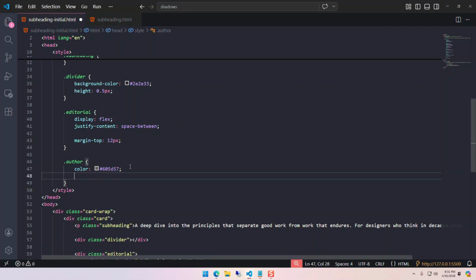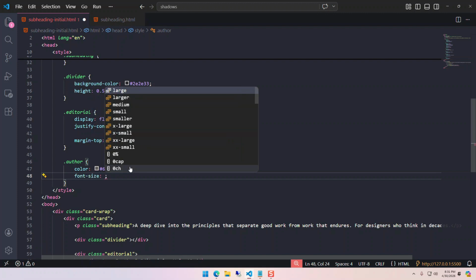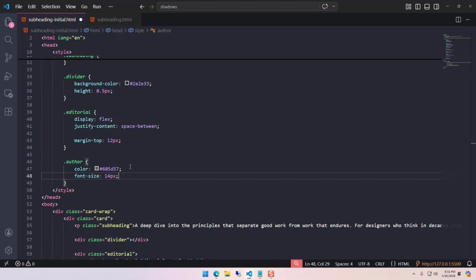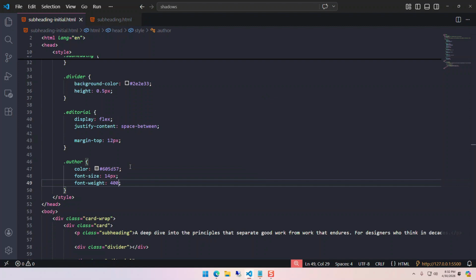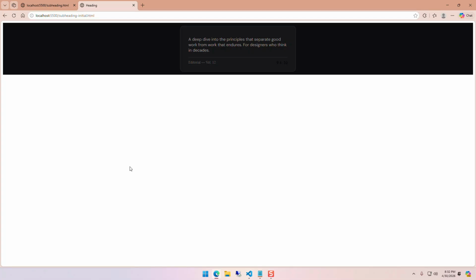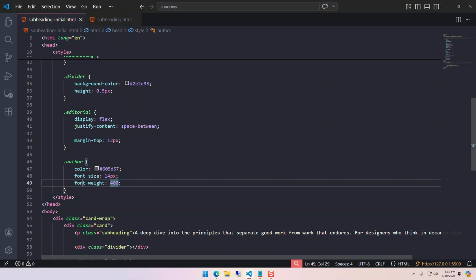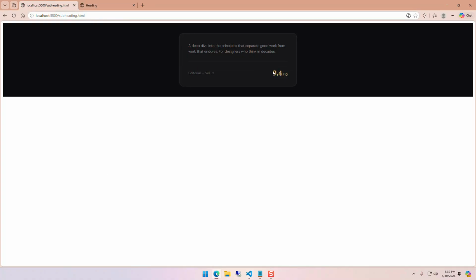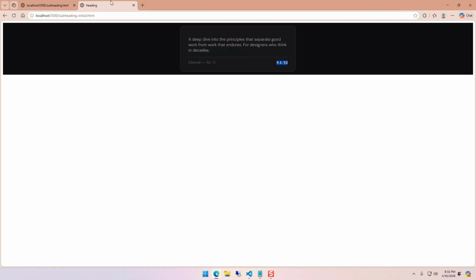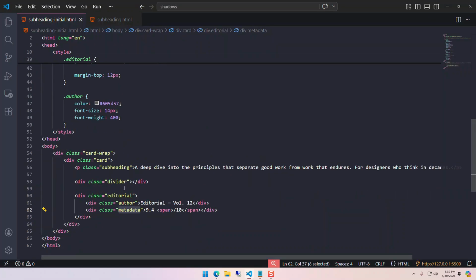I'm going to increase its font size a bit and then decrease its boldness, or increase, sorry, its weight, so it appears a bit more bolded. Just 400, we don't have to specify any weight here. We have our font weight ready, and next up I am going to define this metadata. For the metadata, it's a bit more complex since we have this larger number here and then this smaller one. We are going to group both of them together. So in order to do that, I am going to begin by targeting metadata,